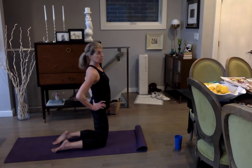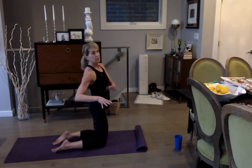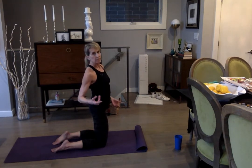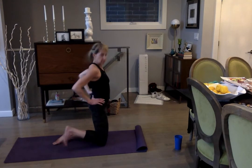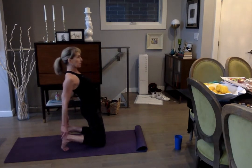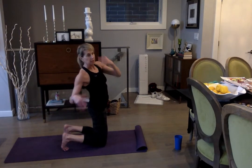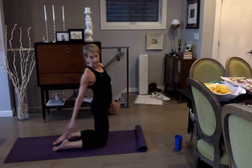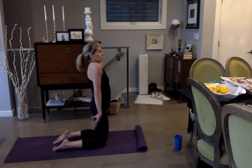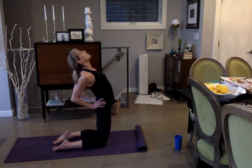Back extensions, again, are really, really good for your spine. Unless it's counterindicated, 1 or 2 back extensions in your practice is really nice. So you can prop your heels up here, reach down and grab your heels. If you don't need to do that, if you're real flexible back, which I don't, you can take your feet down. So either way, you're going to roll your shoulders, push your pelvis forward, stay here if you would like,